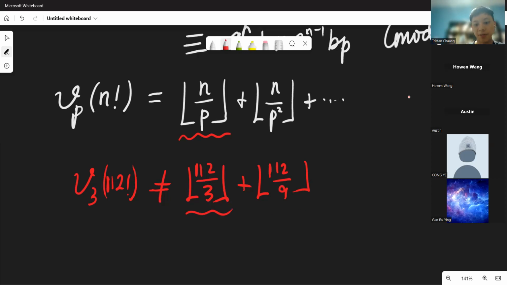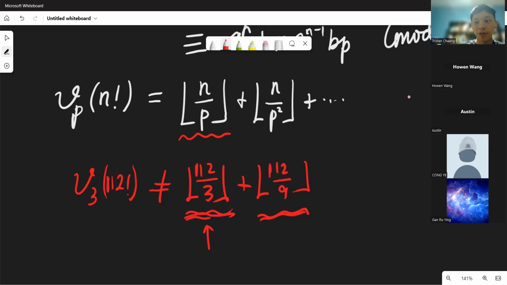The next term calculates how many multiples of 9 there are, because these numbers, multiples of 9, contribute 2 instead of 1 to v3. So you add them to the previous term, because this term already involved the multiples of 9. You just add one more term to make sure it contributes 2, and then you do it again,